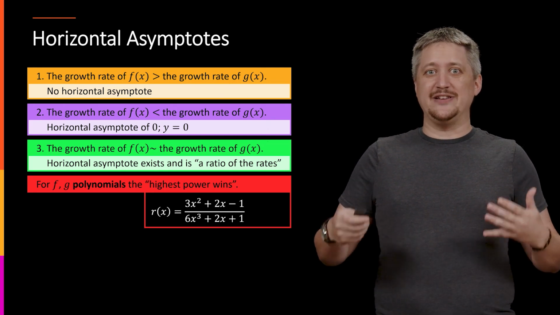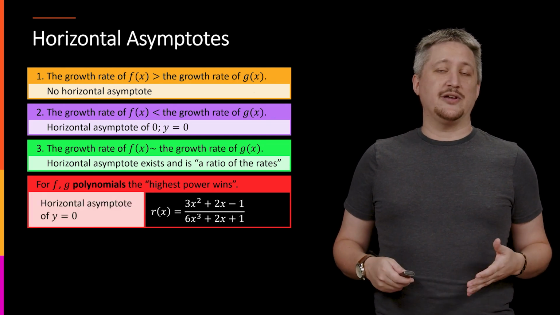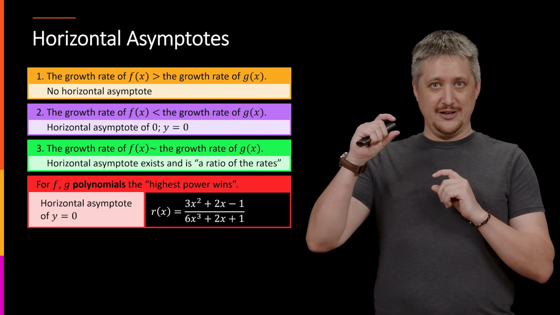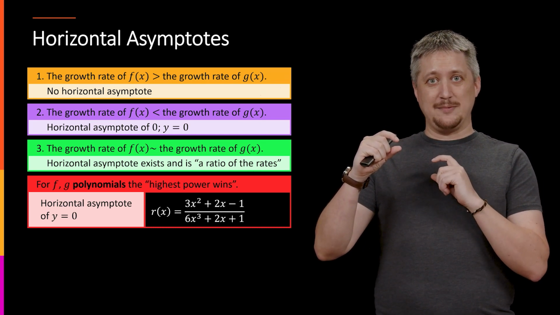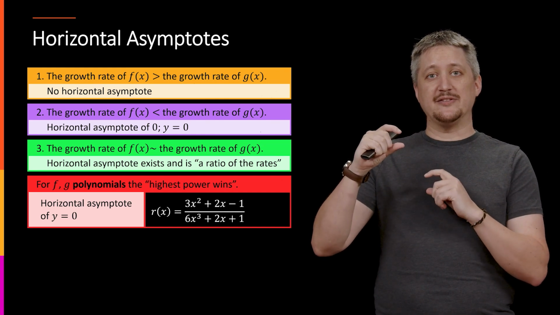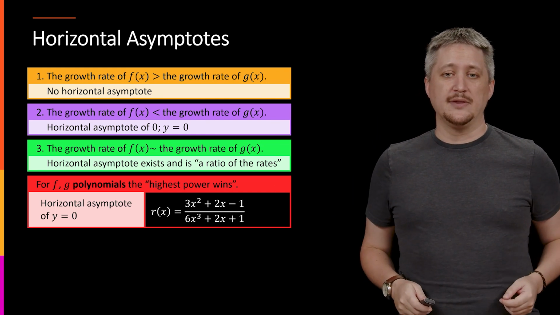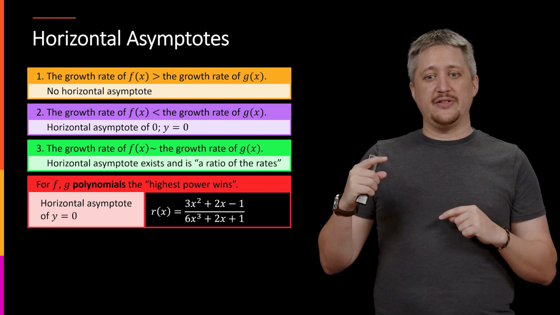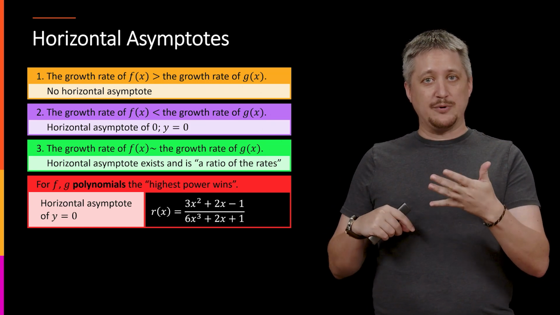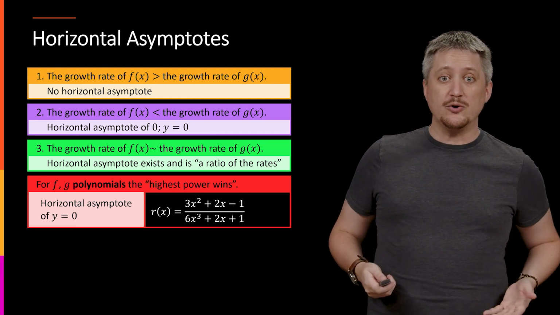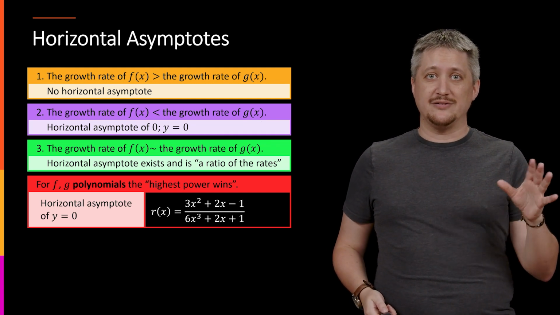That is going to be infinitely bigger. So this is going to have a horizontal asymptote at 0 because the bottom is the one with the larger growth rate. It's getting much bigger, much faster, because the bottom has a higher degree. If they were flipped, so that the cubic was on the top and the quadratic was on the bottom, then the top would have the higher growth rate, and there'd be no horizontal asymptote. It'd be like the orange